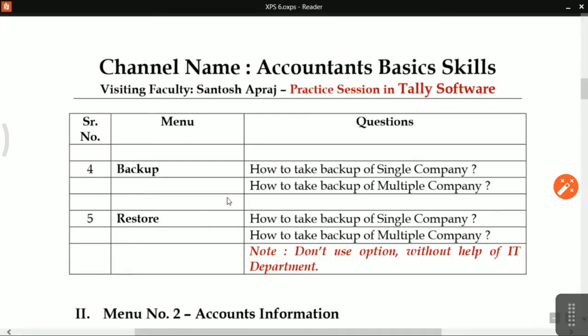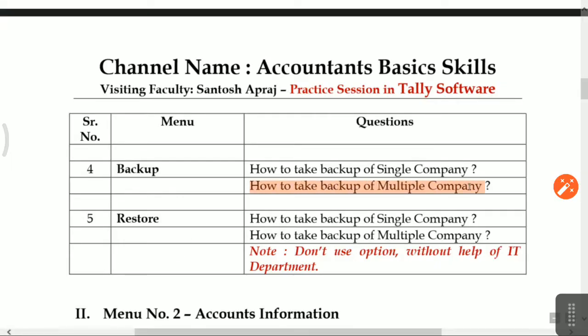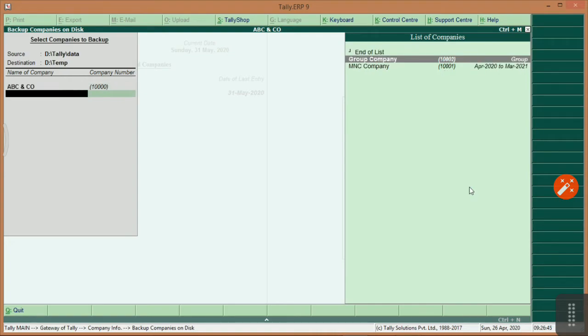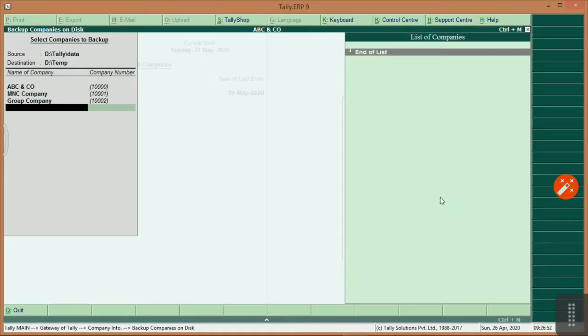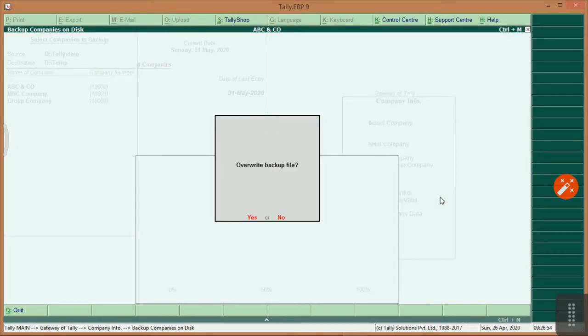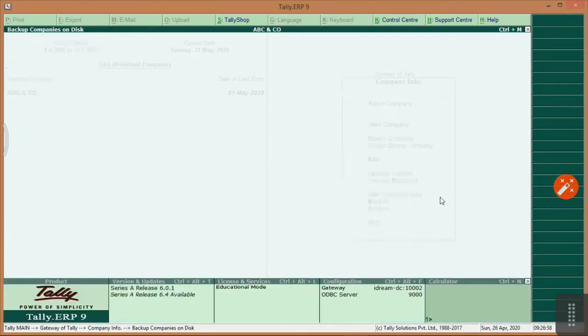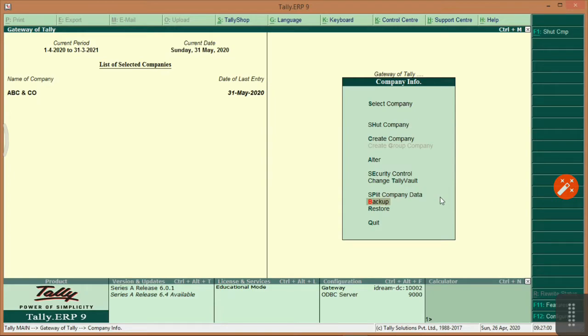And next question, how to take backup of multiple companies. So multiple companies is MNC and group company. Okay, multiple company backup you can take. Okay, backup. Next option is